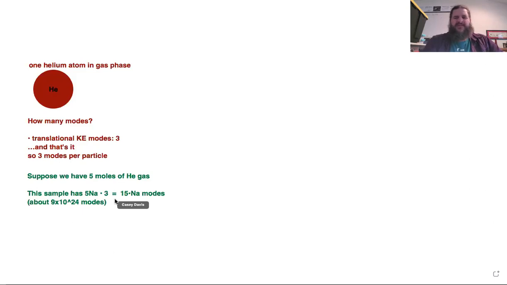Yeah, the temperature has to be the same. If the whole sample is all at the same temperature, then that means the energy per mode is the same everywhere. This is usually called the equipartition theorem. That if the temperature is the same everywhere, otherwise known as thermal equilibrium,